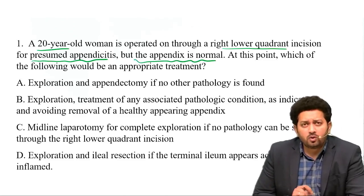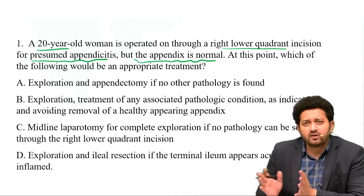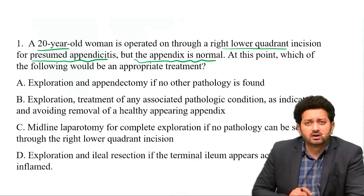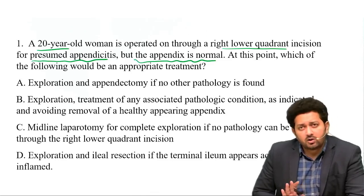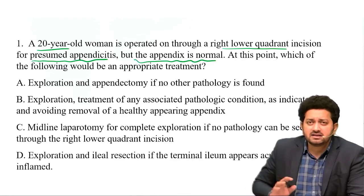See, if you have opened the patient with suspected appendicitis and the appendix comes out to be normal, the first thing you are supposed to do is try to find out the other common differential, that is Meckel's diverticulum. So you take out 2 to 3 feet of the terminal ileum to see whether the Meckel's is there or not. If Meckel's is there, operate for Meckel's. If Meckel's is not there, then also you operate for appendix, because you have already given the incision,